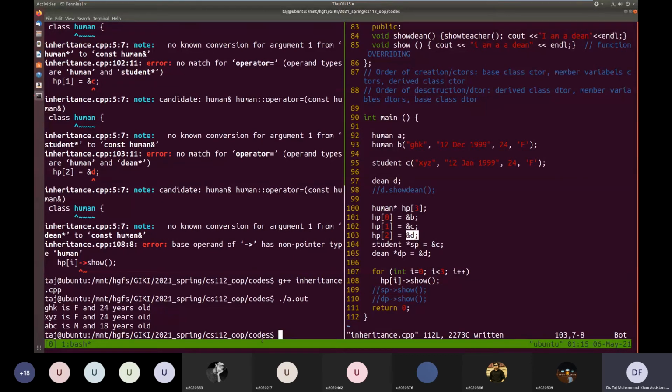The thing is, since the type of the array is human pointer, it is calling the show function of type human, because it's using the base pointer, and using the base pointer, it is accessing the object of the base class inside the derived object and calling the function of the base class object inside the derived class object.